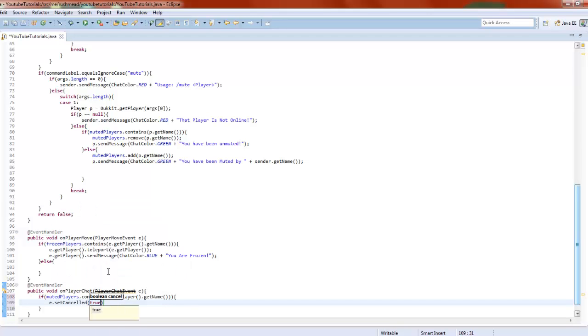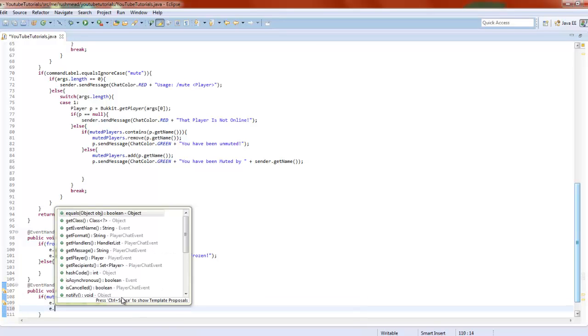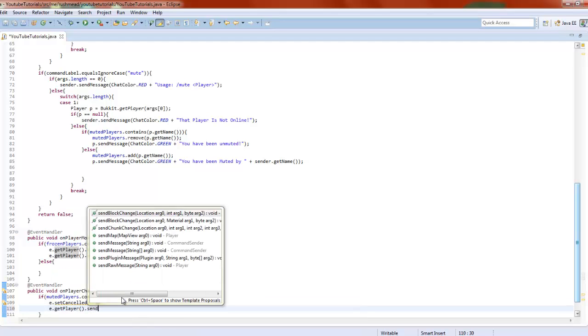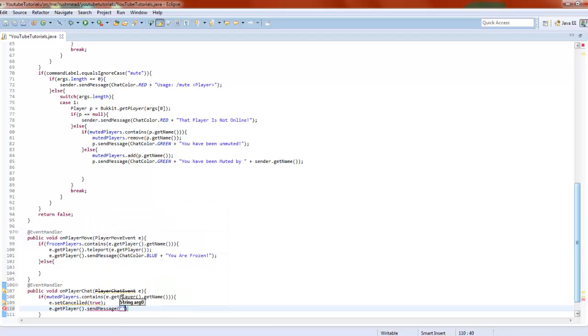e.setCancelled. We're going to stop them. That basically stops them. You know when we did freezing, I said we could do e.setCancelled, but we didn't because it looked really bad. That doesn't happen in this. We can just say cancelled, and we're going to send them a message in green again,